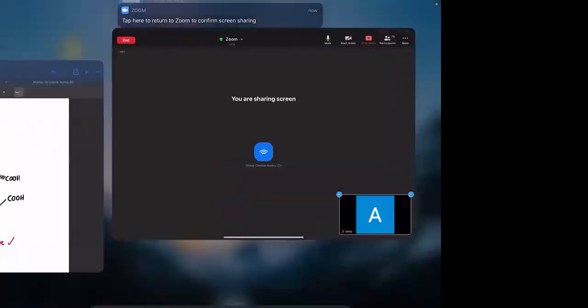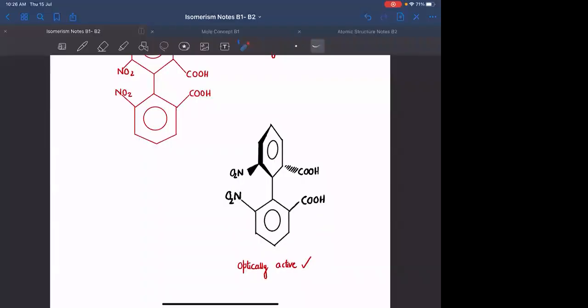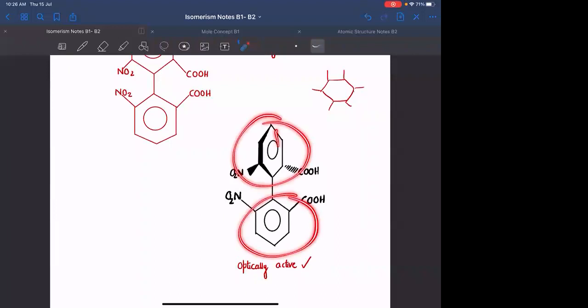We will check center of symmetry in one ring. You won't be checking center of symmetry for 2 different rings. If you are having one ring, everyone, उस ring के अंदर groups को देखेंगे equidistant है कि नहीं. अभी ये different ring है, ये different ring है. So you won't be seeing center of symmetry for this. There is no question of center of symmetry. Is that clear? यस सर. Okay.